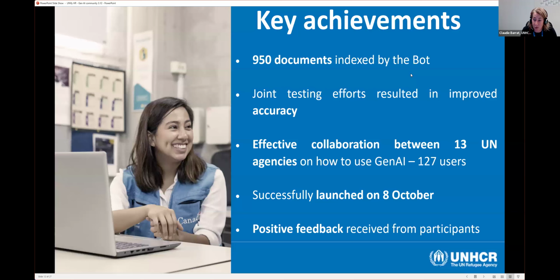So in total, we have close to 1,000 documents indexed by the bot, and as Cathy explained, these are mostly the staff regulations and rules of organizations, policies on every topic, like home leave, parental leave, etc., entitlements, and then administrative instructions, and in some cases some guidelines as well in HR. So we have close to 130 users at the moment, who all provided positive feedback,